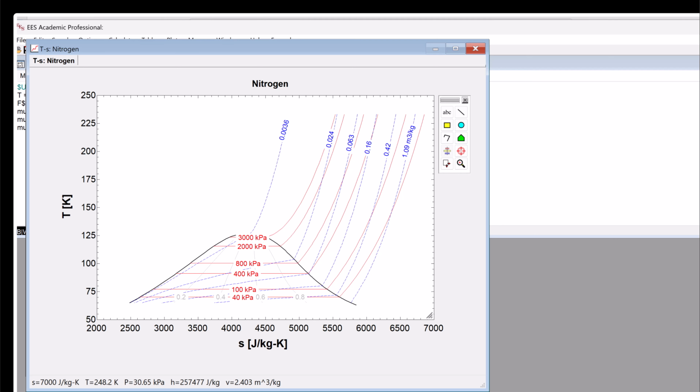So some reasonable values for entropy to look over would be in this range, let's say 2,500 up to 6,000 or 5,800, right in there. I know it's going to lie sort of right in there. So let's get rid of this,